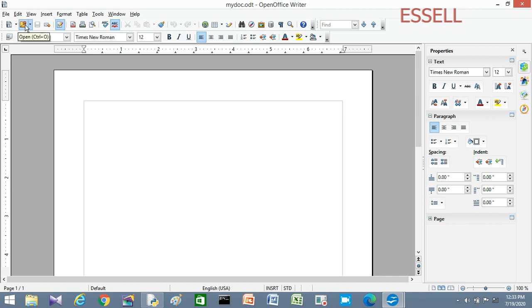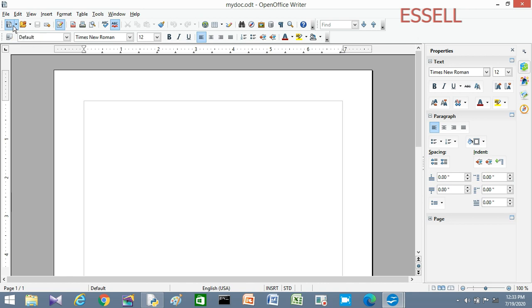If you want to save, we can use the save icon. In this way, so many icons are there in the toolbar. This first toolbar, used for creating a new file, saving a file, etc., is known as the standard toolbar.